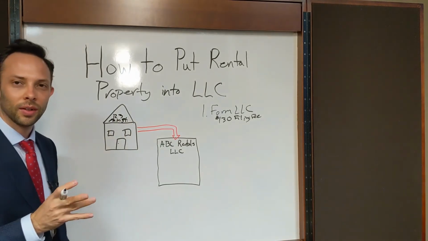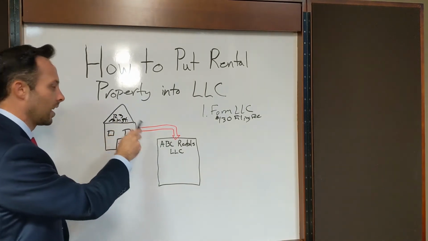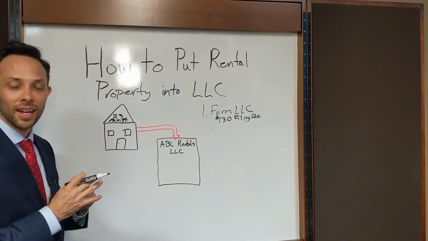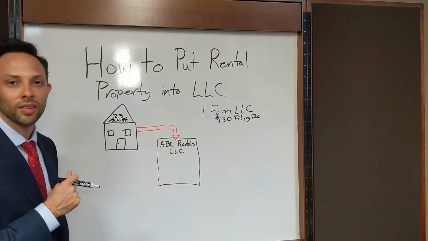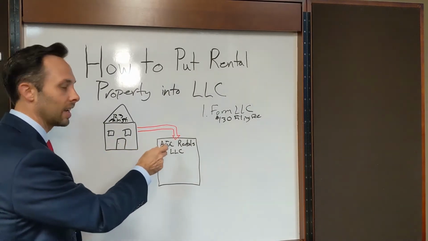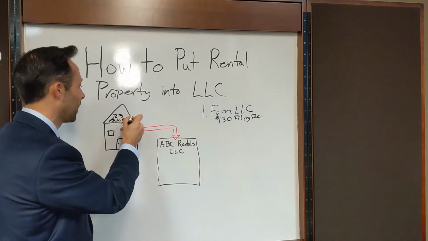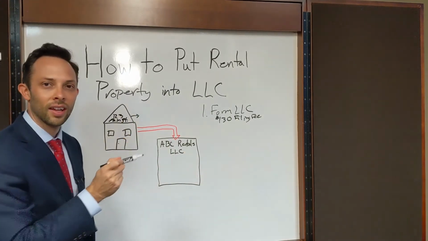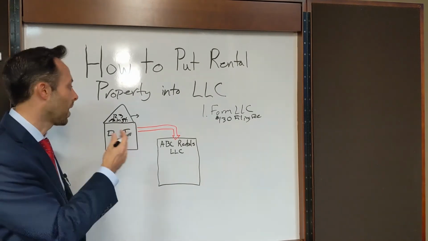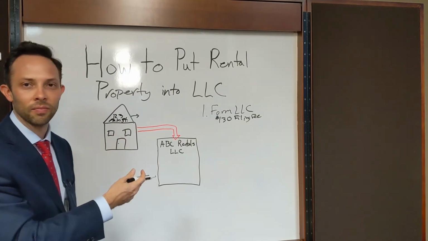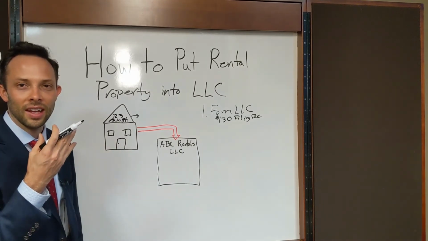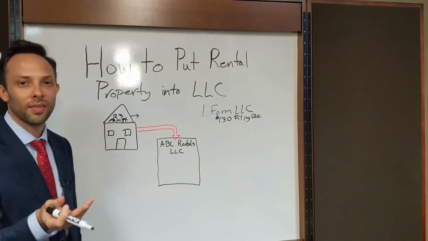Some people with rental properties like to put each property into its own LLC to maintain the asset protection around just that one property. And that's why sometimes you'll see each LLC will be named the same as the street address. Other landlords will be comfortable putting a couple properties into each LLC. This is a decision you have to make based on your risk preference, okay?